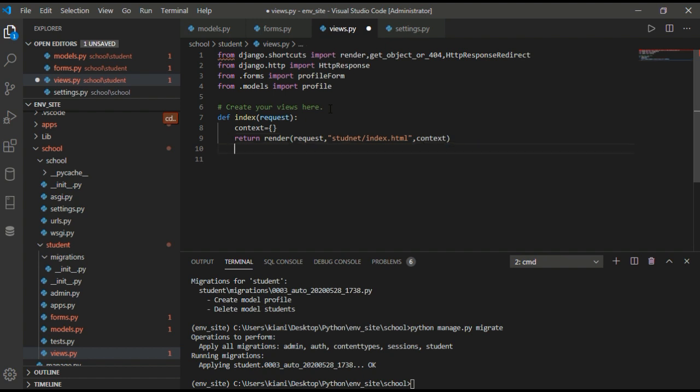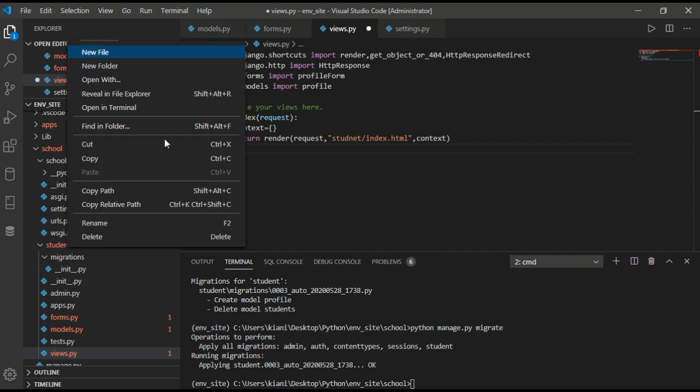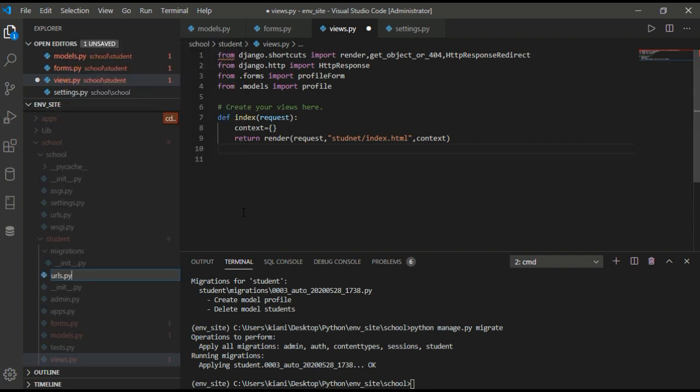Okay, so let's see index.html. We will create index.html and we will have context. We will pass this context to the render object.